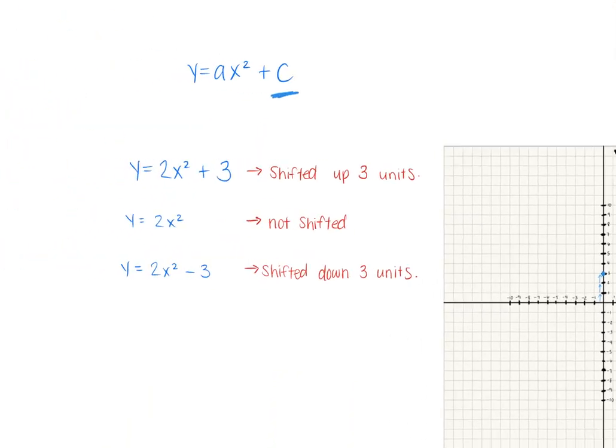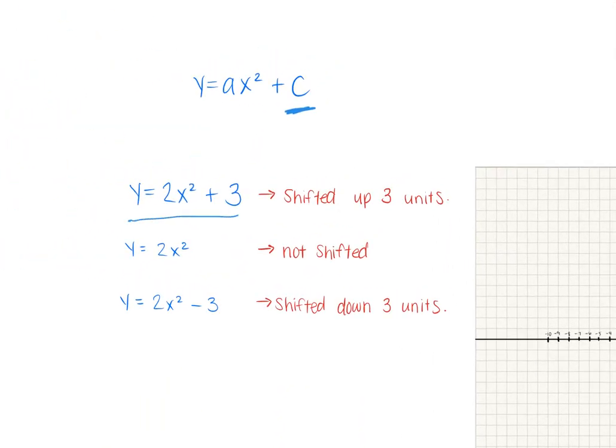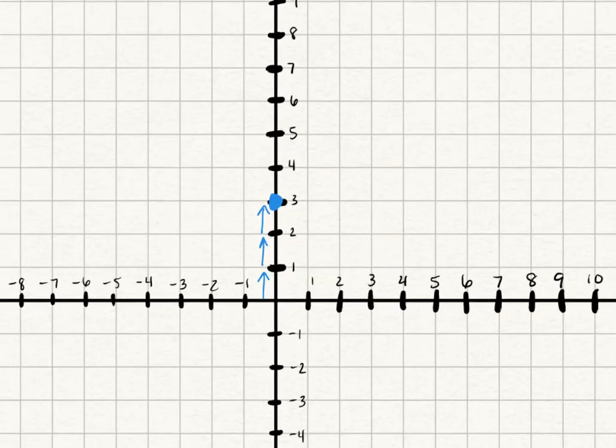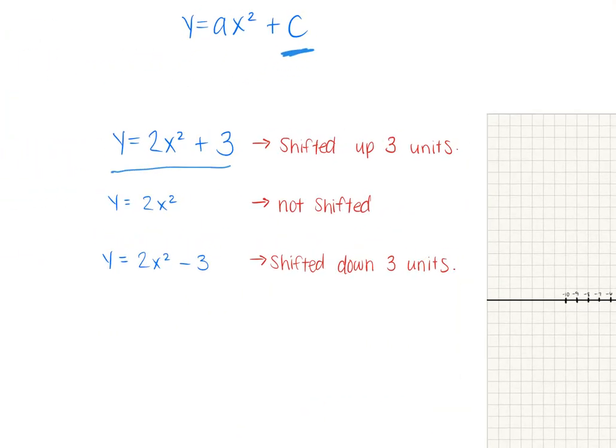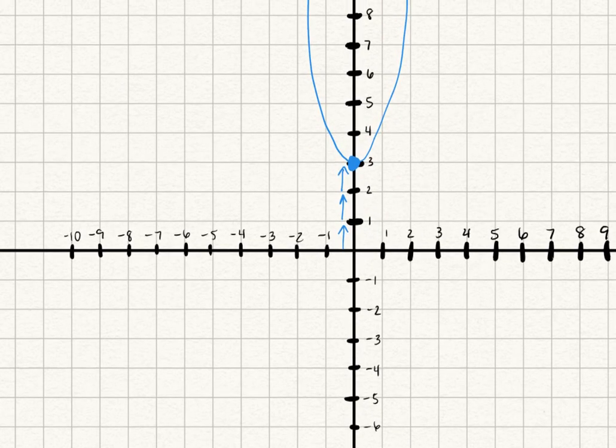And we can make this the blue graph, and then 2x squared plus 3. We're just going to eyeball it. We're not going to plot all of the points. Looks something like that. Okay? Now, if our graph was 2x squared, no shift at all, remember, that's going to be at 0, 0. So right here, boom, and boom. More of a curve, if you can. Okay, and then the last one,